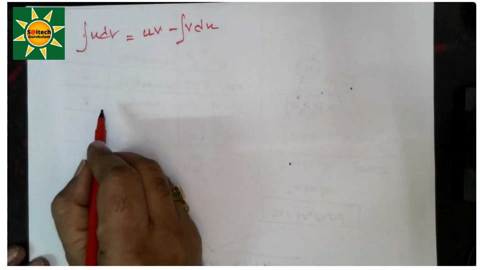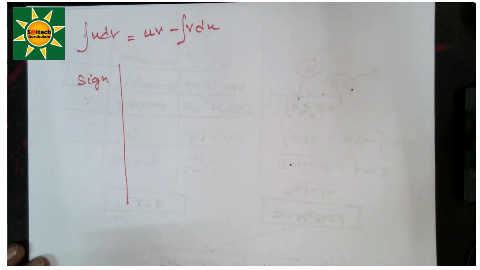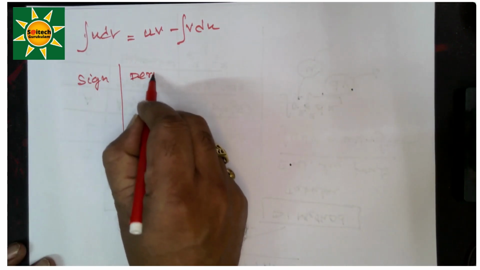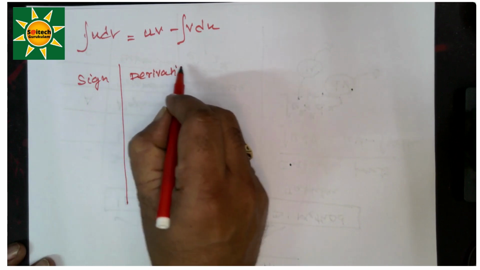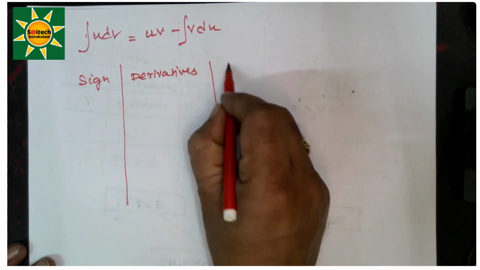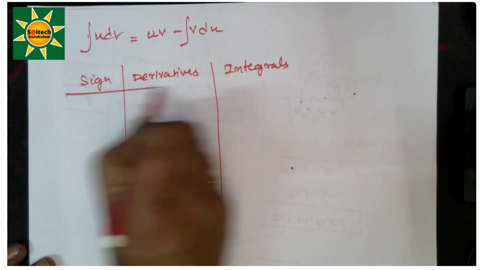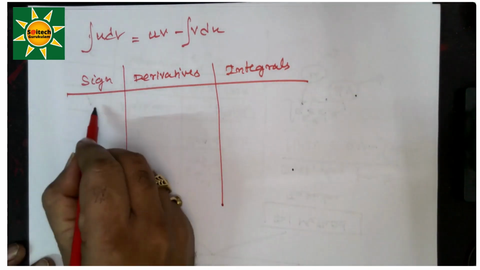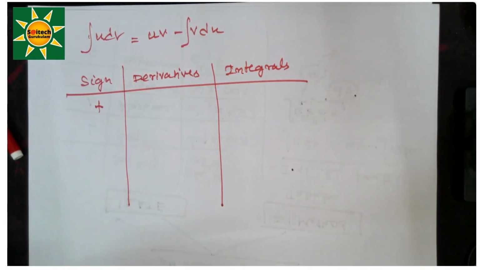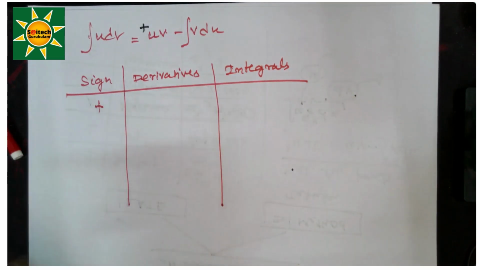Now listen, you can put the sign here, and this is the derivative, that is differential function, and these are the integrals. Okay, so the first thing is we start with plus here. This is the plus sign, so we start with plus,